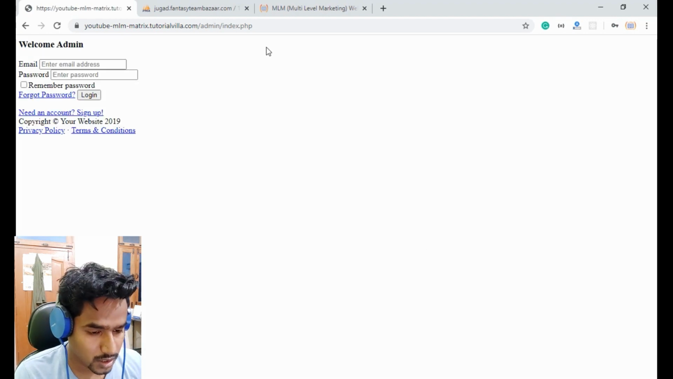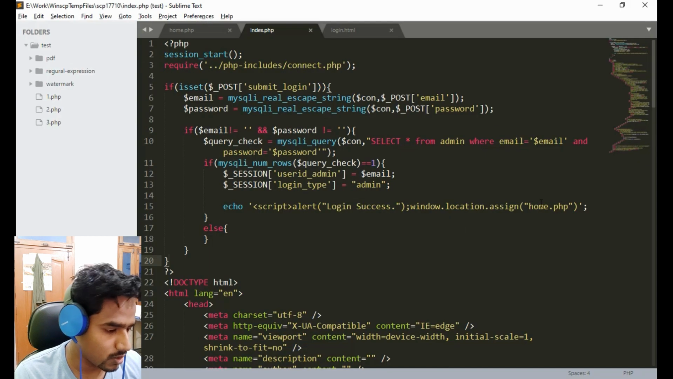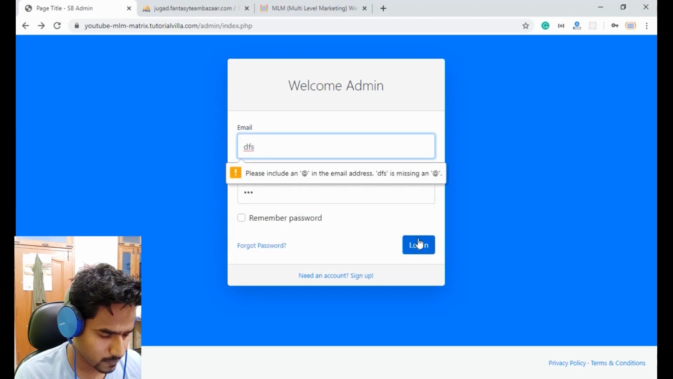As you can see, we are on index.php, so something may be wrong, and for the same it is working. Why are we on index.php? Because this is not working. It should print an alert. Let's see if I click on this,